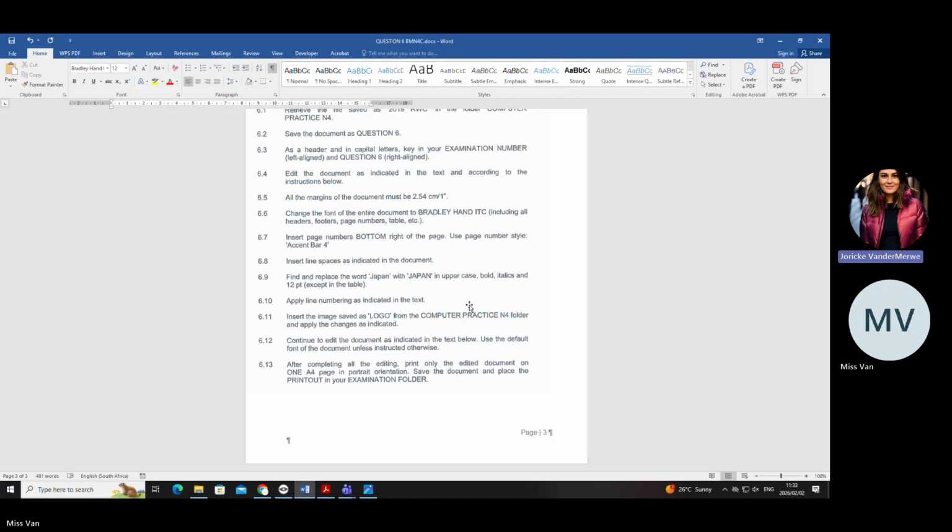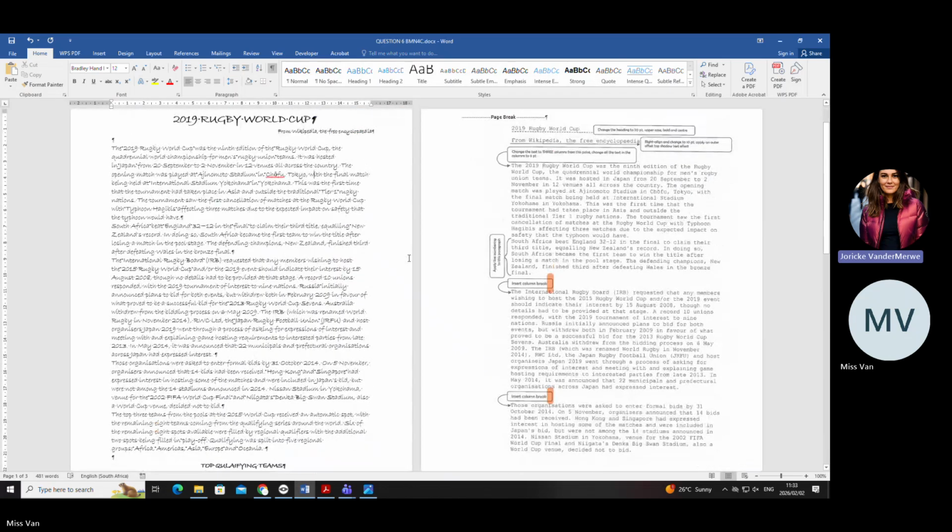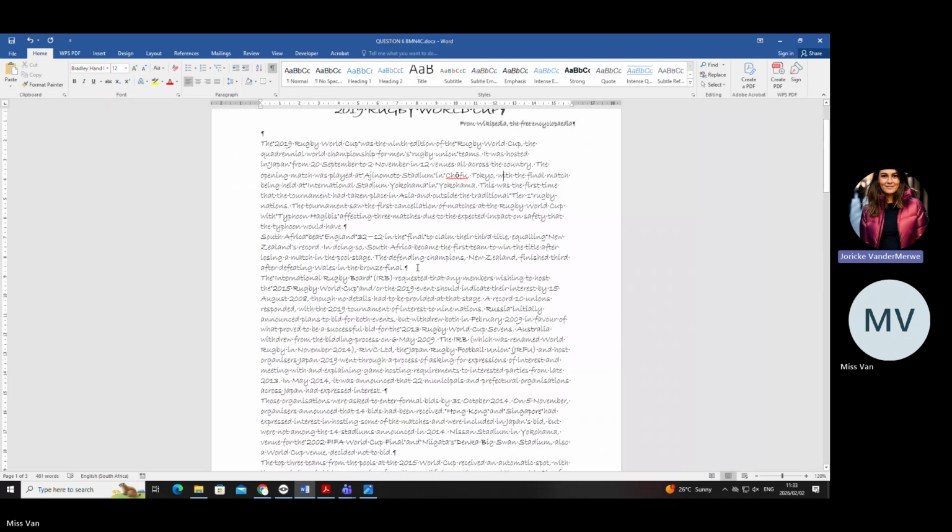It's asking you to run through this whole document and look for the word Japan, and then replace it with the same word, Japan, but that word must be in uppercase, bold, italics, and 12 point. Are you with me? But I say except in the table. We've not inserted the table yet, so we're fine.